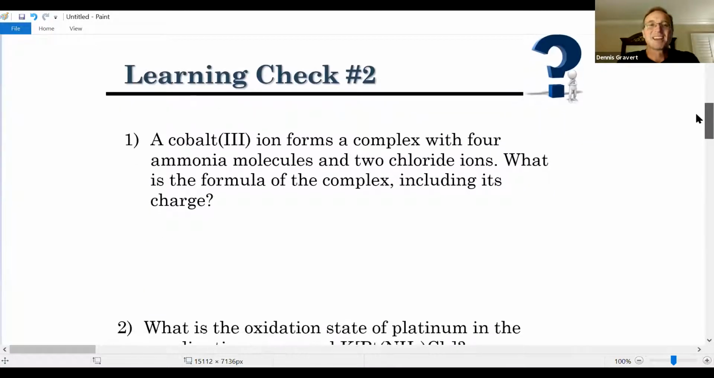Okay, let's see, a cobalt ion, cobalt 3 plus, oxidation state +3, forms a complex with 4 ammonia molecules. So let's jot some of this down. We've got the cobalt +3, and it's going to attach 4 ammonias. So you should know the structure of ammonia, and if you don't,